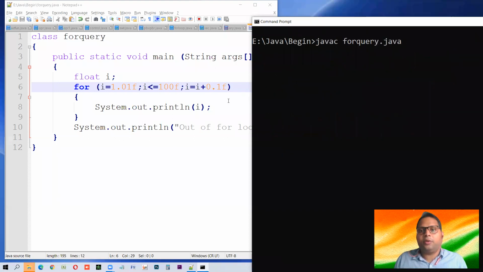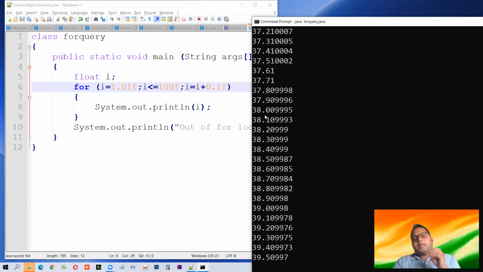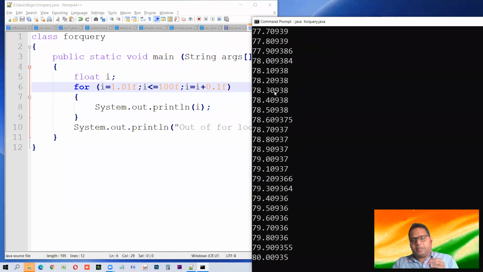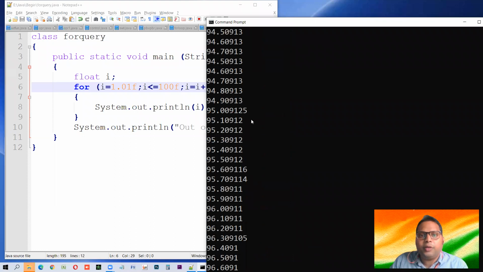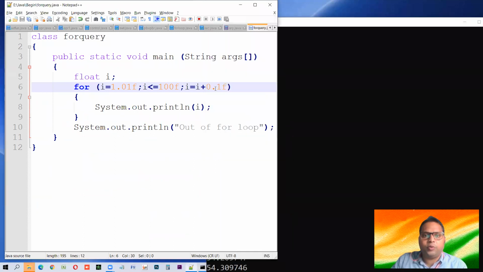Okay. Now let us see the way it is working. Now if you see the loop, then you'll find how well it is working. Too many numbers are there, it's adding 0.1 to it, and this is how it's reaching its goal. So this is how we can understand that any data type can be used, but you just need to know where to use F. Most of you do not know where to use F. In the last program also this was coming and we learned that.